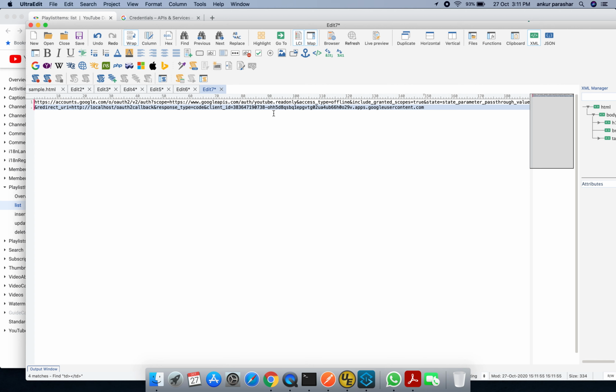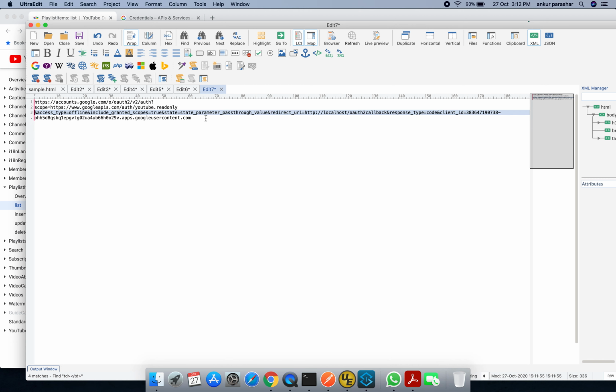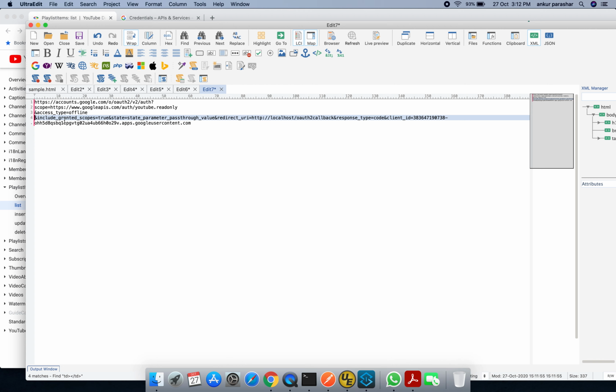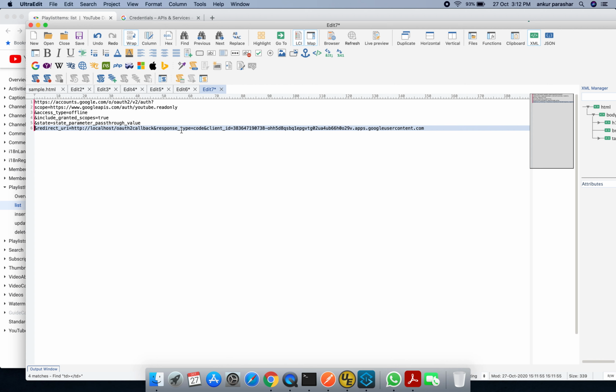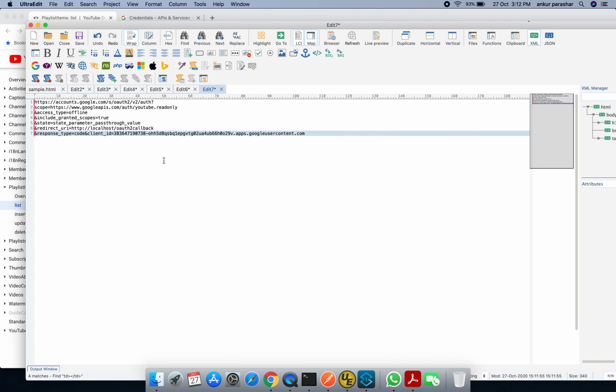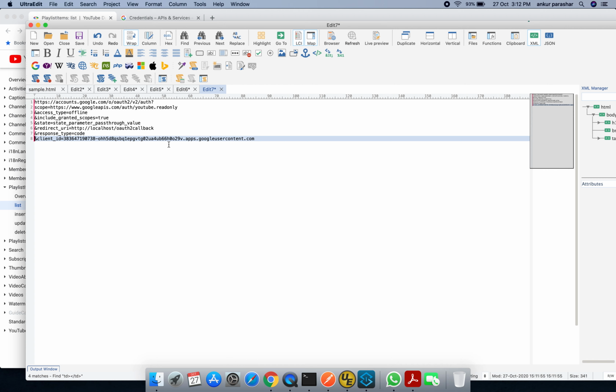Yeah, so this is the OAuth v2 auth. Then there is a scope, read only, or there could be many other options as well. You can check that out in the official documentation. Then these particular things: state parameter, pass through value, then redirect URI, and the response type, and finally the client ID.